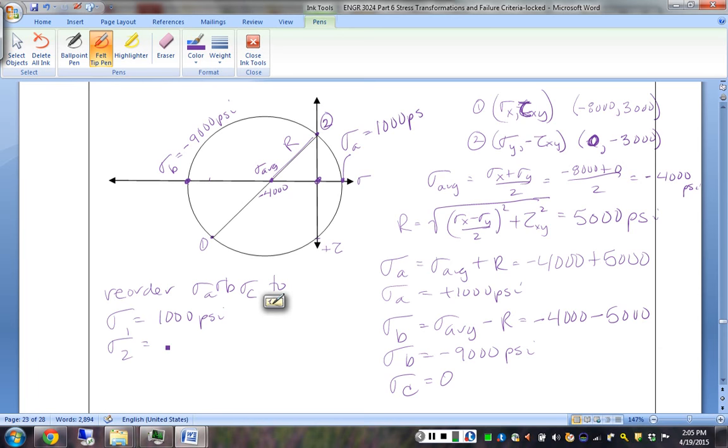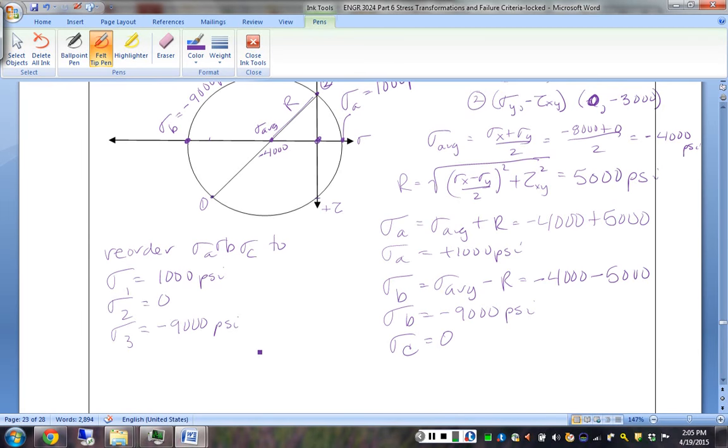Sigma 2 is stuck in the middle as 0. Sigma 3 is our minus 9,000. And then we know that our max shear is then